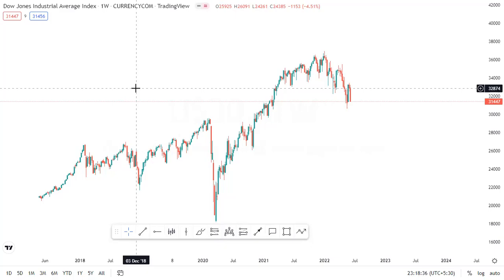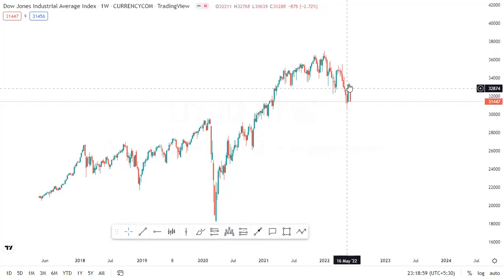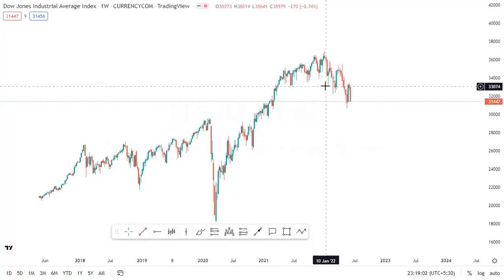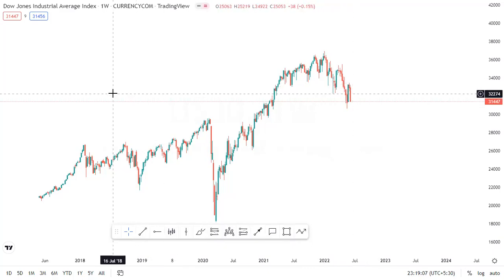Before you can analyze, you have to ask yourself questions. Am I in a downtrend or uptrend? Am I in a corrective phase or impulsive phase? Those are the most important questions that you must start asking yourself before you can analyze. As you can see on the weekly, there was a retest here, so it's going to keep going to the downside. Let's do our analysis now.